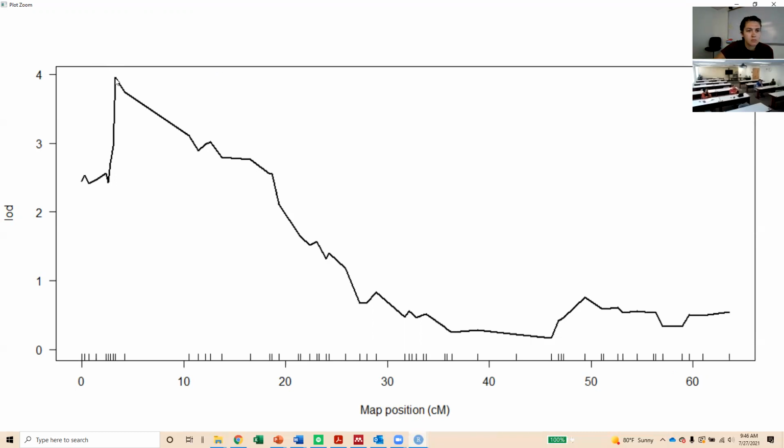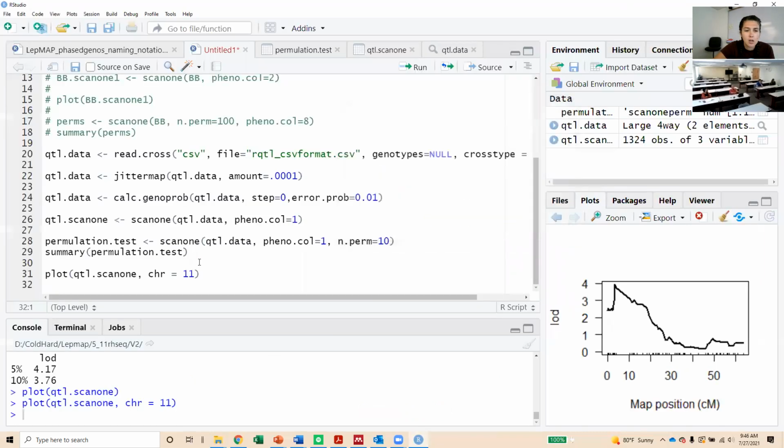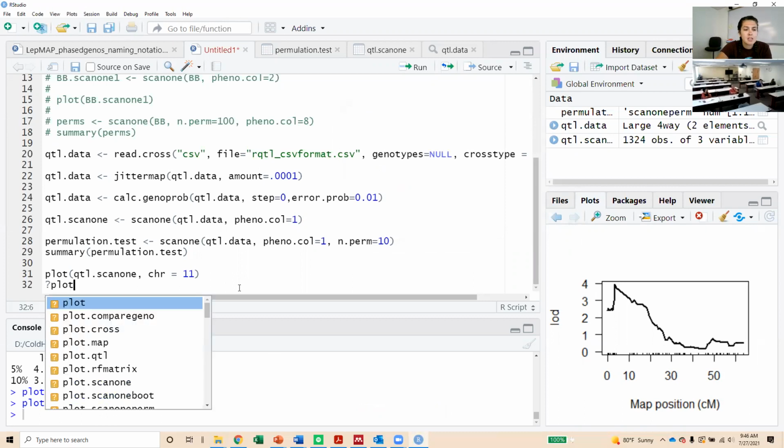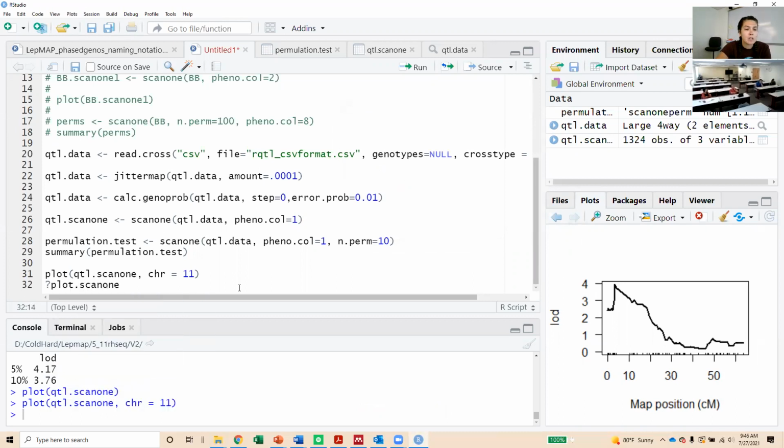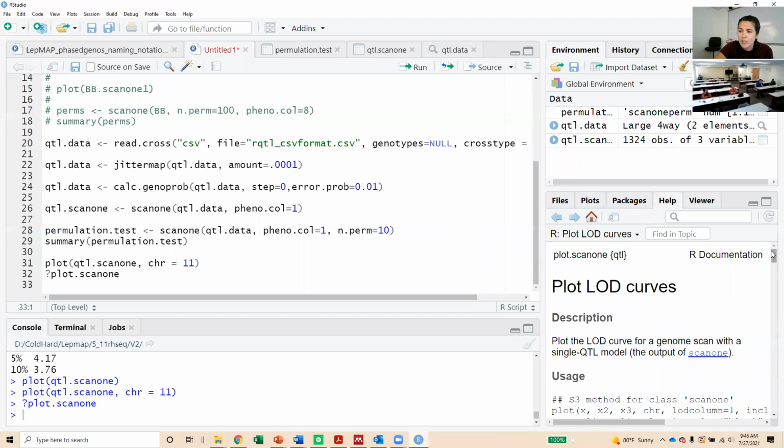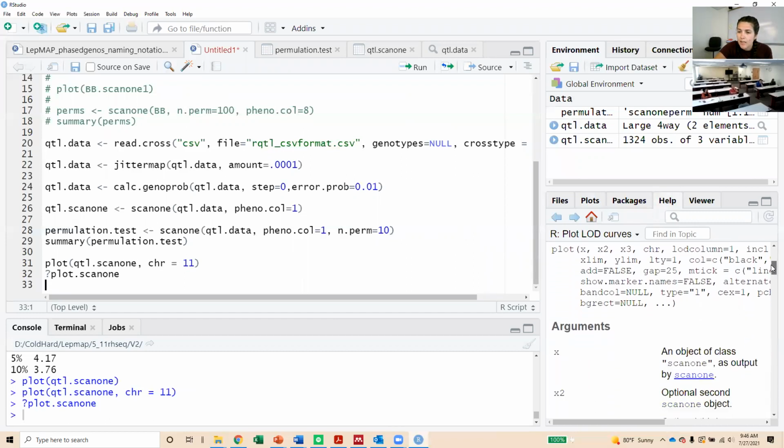If we want to see the marker name, we can't click on anything. We have to define that in the function. For example, I don't exactly remember what that parameter is, so I'm going to type question mark plot dot scan1, and it'll tell me exactly what to type in. And that was show dot markers dot names. The default is false. If we change that to true, I believe